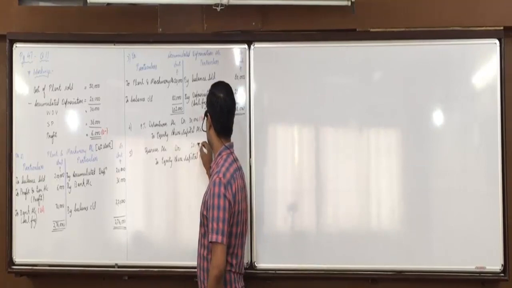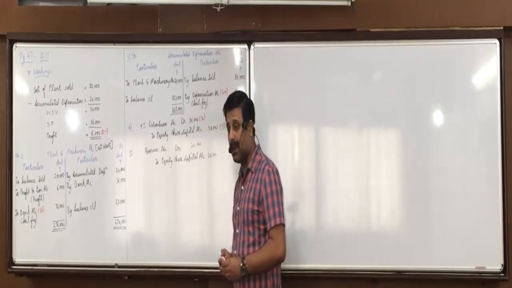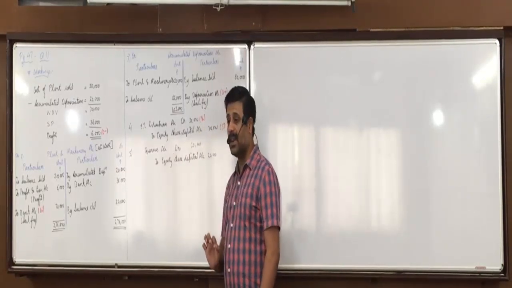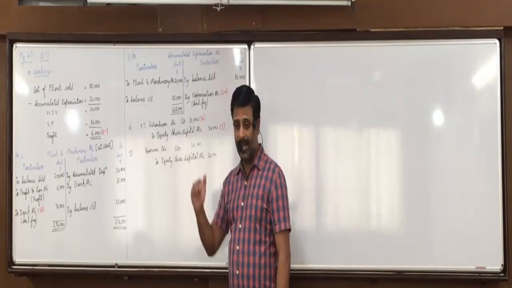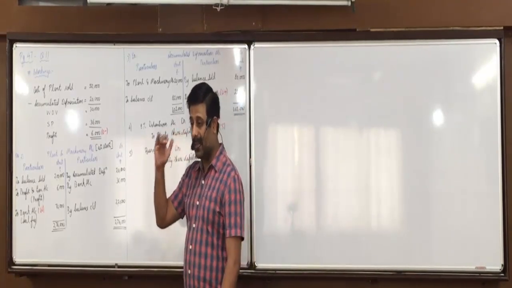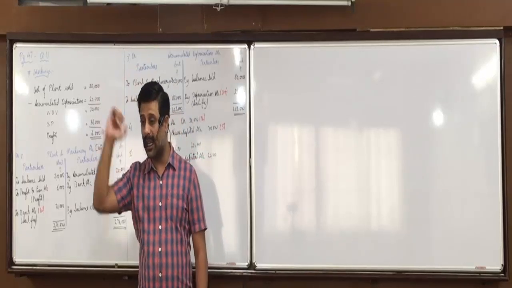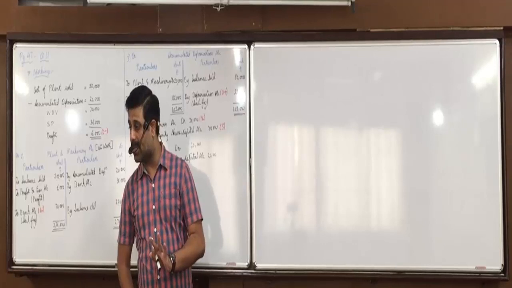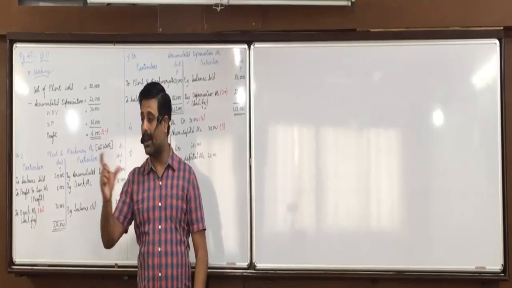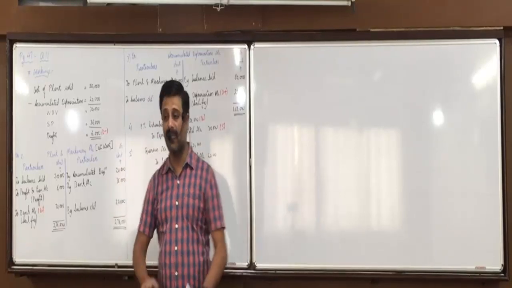This 20,000 moving from reserves as bonus to shareholders, to share capital, means you are just transferring the money from one pocket to another pocket. On the liability side, whatever amount was appearing under the heading reserves, you cancel it and include it in share capital. Practically, is there any inflow or outflow of funds taking place? So this is an internal activity of the company which does not really result in any flow of funds.